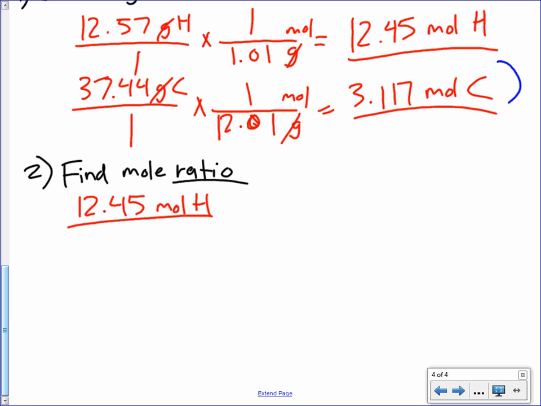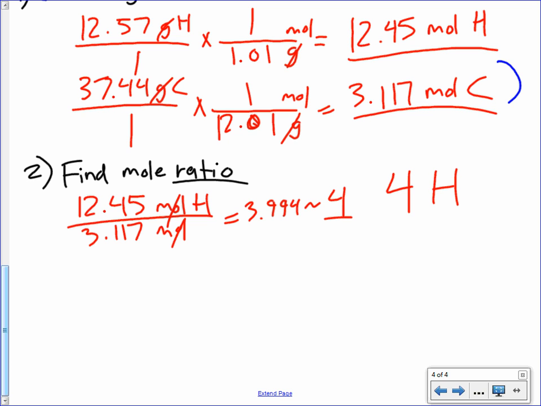by the smallest mole amount, which was this right here. That's our smallest mole amount, 3.117. So we're going to divide it by 3.117 moles. Okay? And what this tells us is our ratio for hydrogen is going to be 3.994, which is so close to 4 that for the purpose of empirical formula calculations, we round it to 4. So what that tells us is we have 4 moles of H